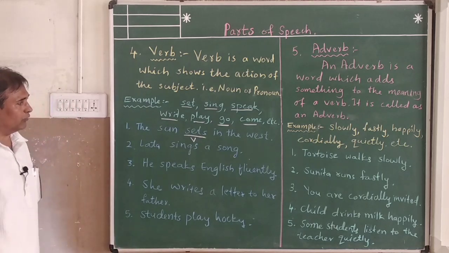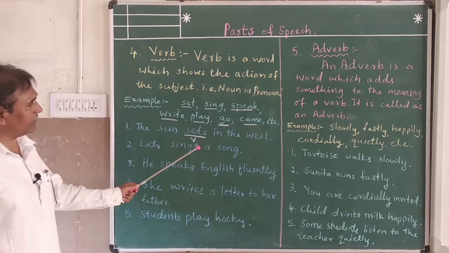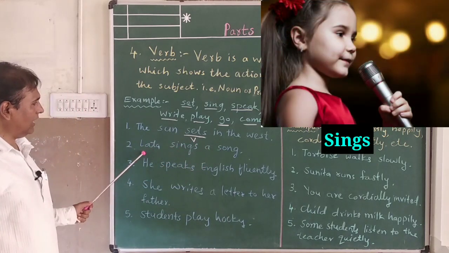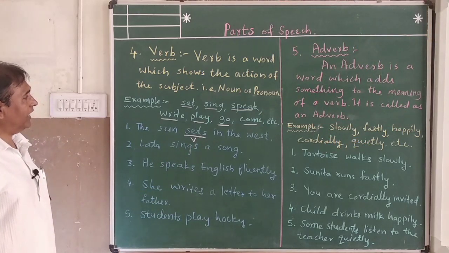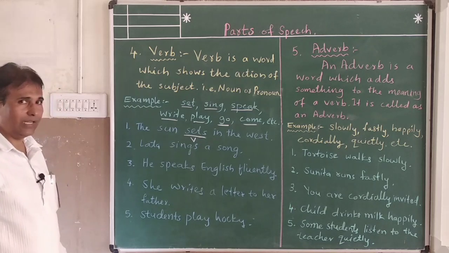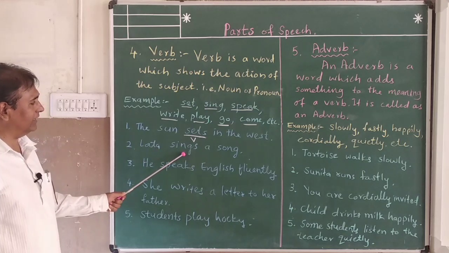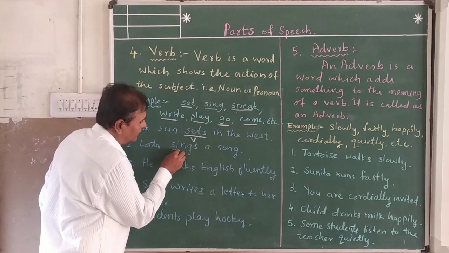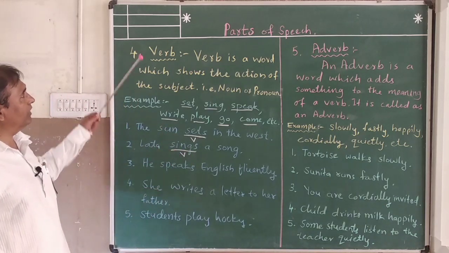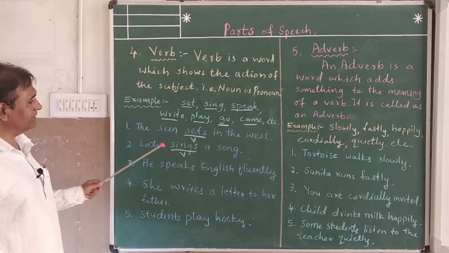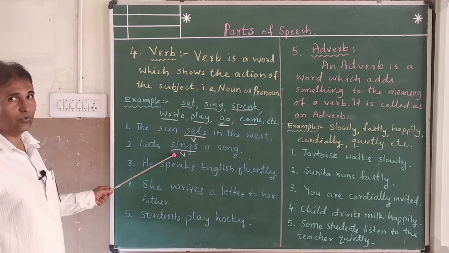Okay, now I am going to show you the second example. Lata sings a song. What is the action word here? If you remember, tell me, otherwise look in the examples. Sing is here, and in the sentence sing is here, so you just underline the word right here. V. V means verb. In this sentence, Lata sings a song, here is the word of action, the verb.